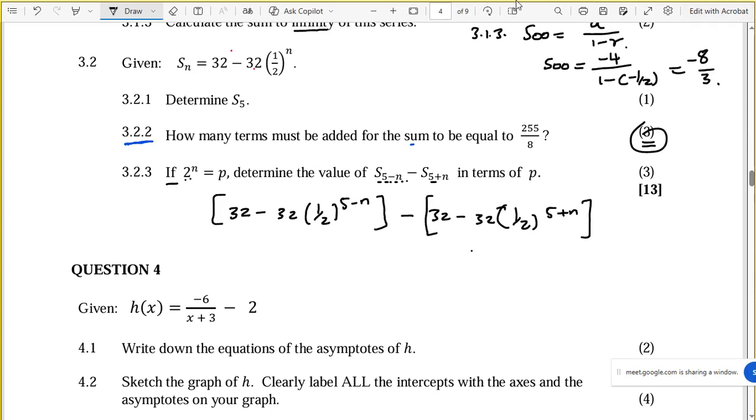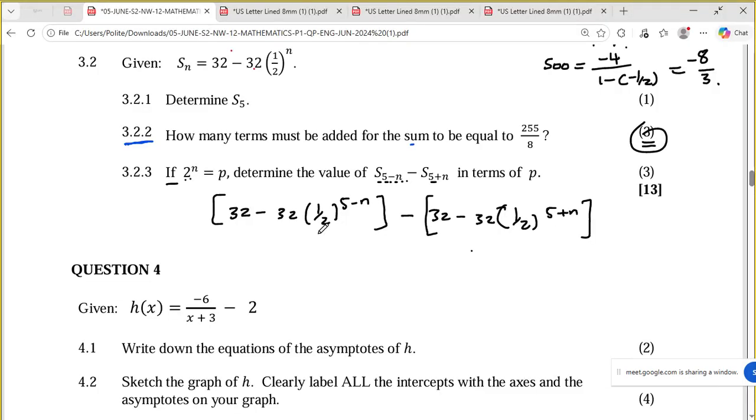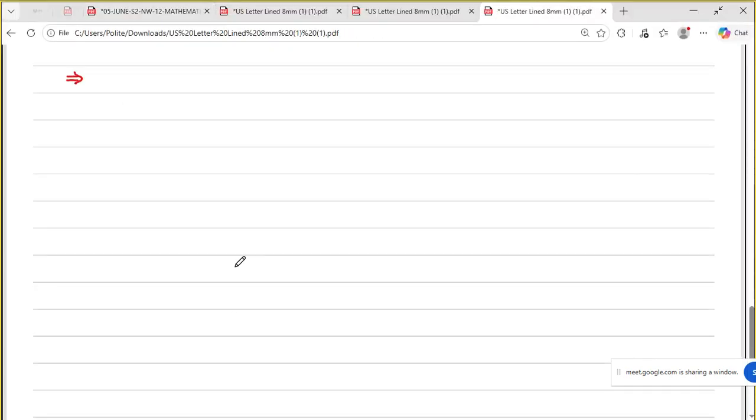Okay, I'm just going to rewrite the equation this side, then we'll take it step by step and solve that question. They want us to find this in terms of p. It is given that 2 to the power n is p. So 2 to the power n is equal to p. Okay, so let me quickly work on this. This will be 32 minus 32 into 1 over 2 to the power 5 minus n, minus